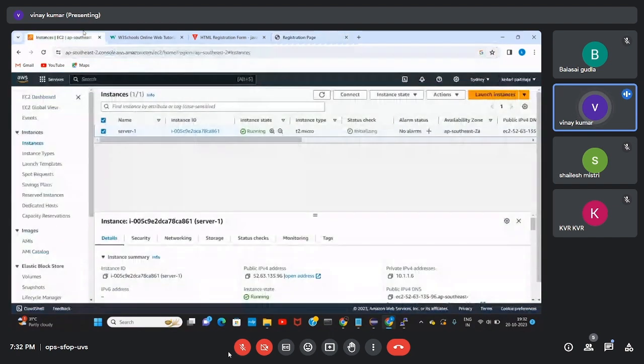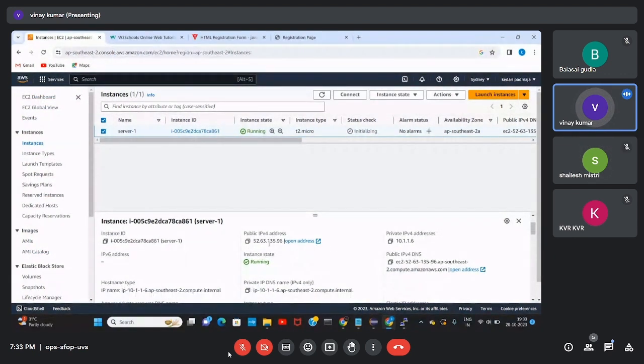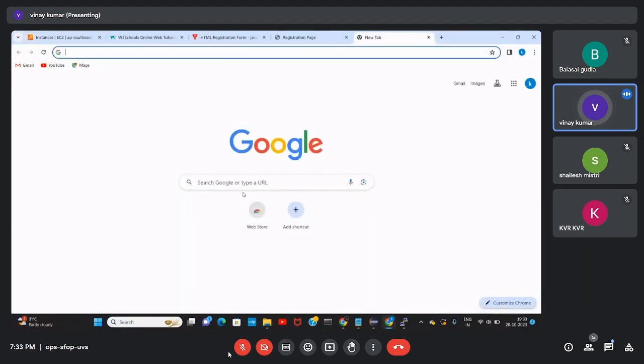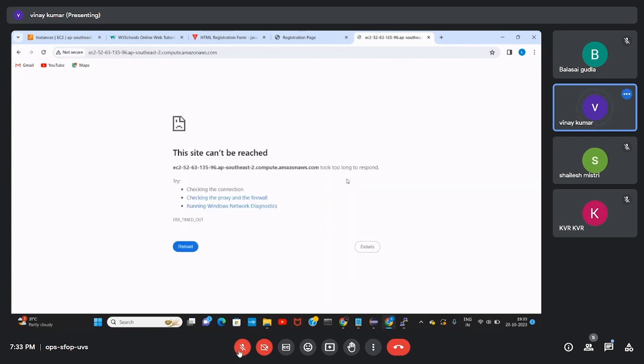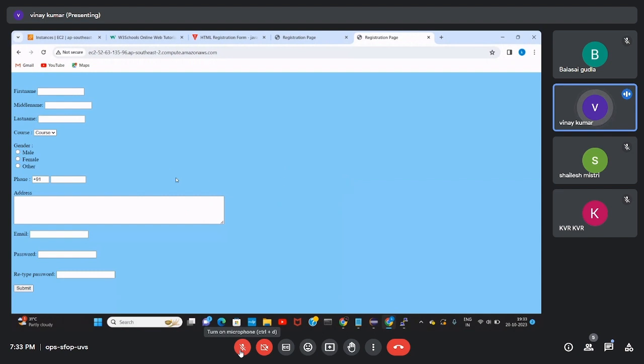It doesn't look professional. And one more thing, our server also has a DNS. This is a public IP address, and along with it we have a public DNS. We can also search with that DNS. See, this is our server's public DNS, EC2 like this, region like this. But even this one does not look professional, right? Then what do we need to do? We need to provide a host name resolution.